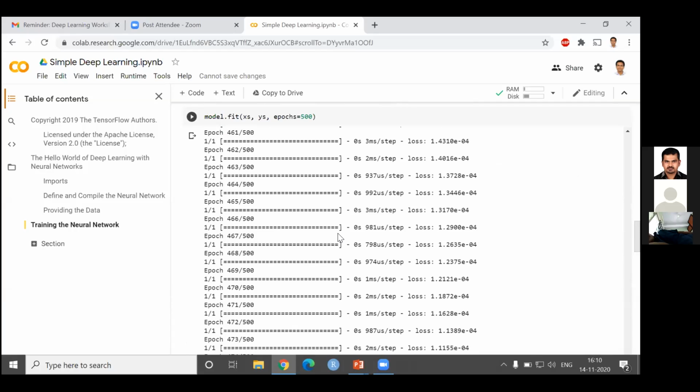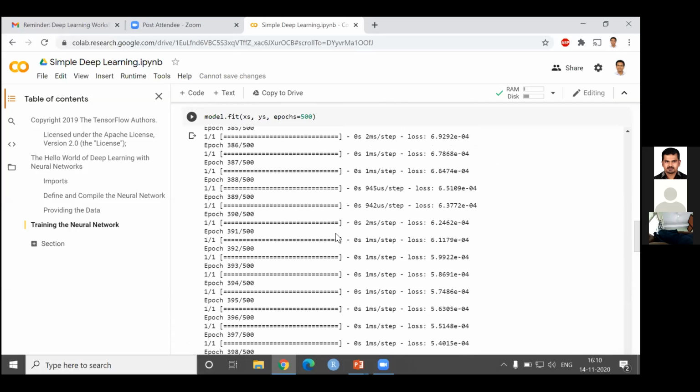What are you trying to do? First you build the model, then you compile, defining the loss function and the optimizer function, and then you fit the data, and after you fit the data, you can predict. These are the basic workflow in deep learning.